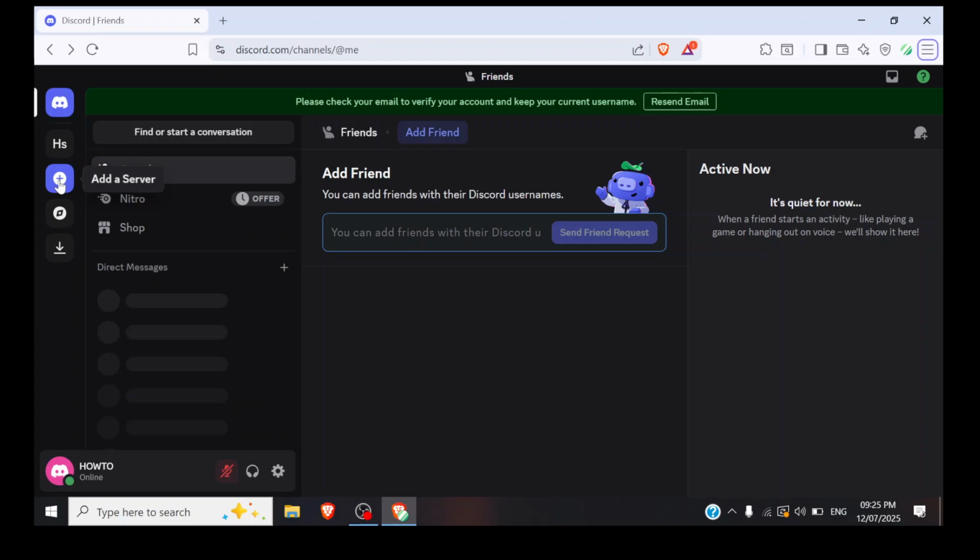Next, click create your own and you will be asked to choose between for a club or community. You pick whatever you like. Now give your server a name, then click create. After creating your server, click on your server name